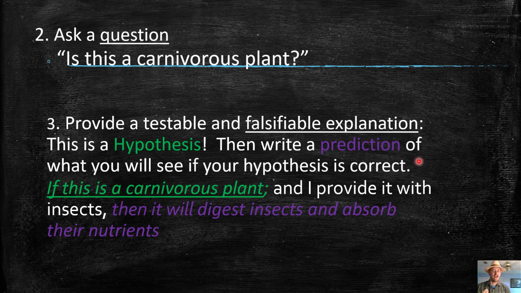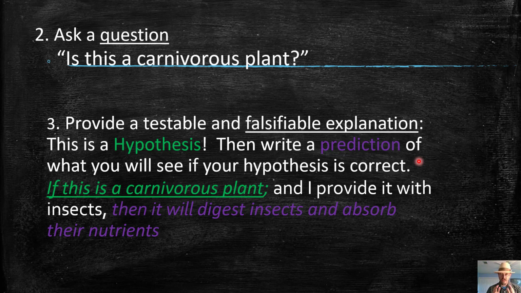And that hypothesis has to be a falsifiable explanation, right? So falsifiable means it could theoretically be shown to be wrong. So you wouldn't say, I think this is a plant that eats human souls, because we don't have a human soul measuring device. So that's not a valid hypothesis. But you could say, this is a plant that I think is carnivorous. So what we would do in Bio 1 or Bio 2 is write a